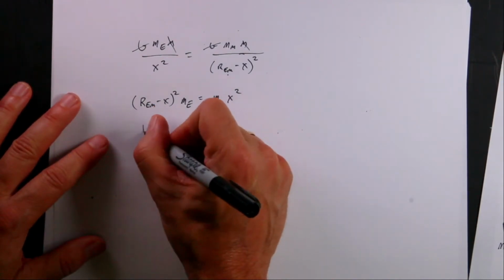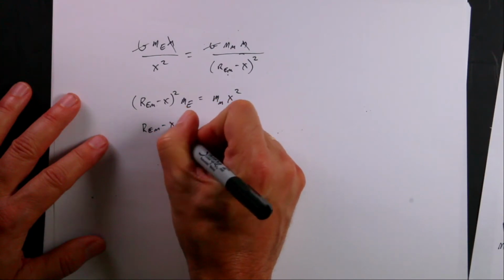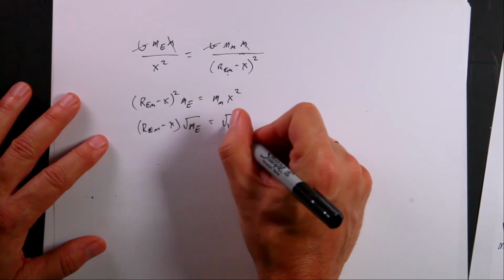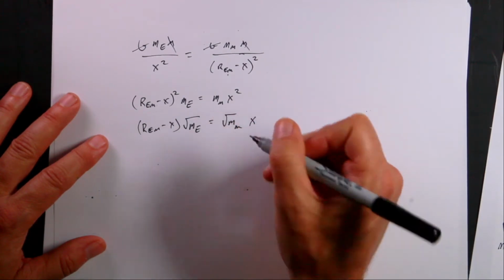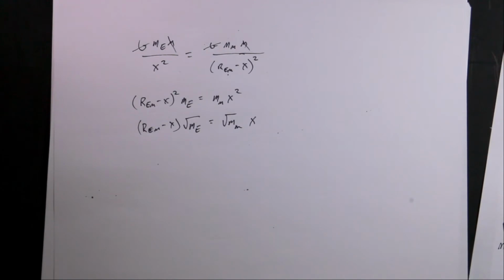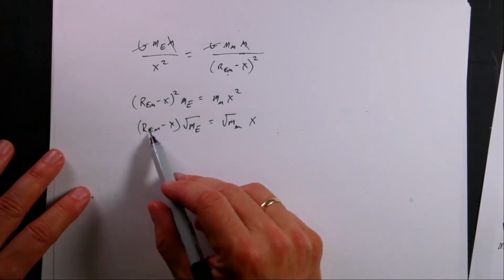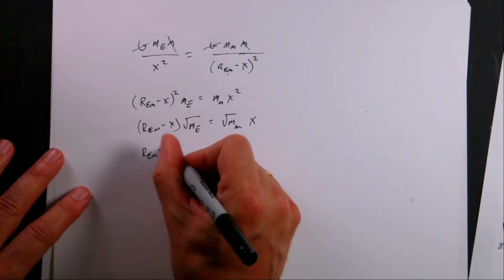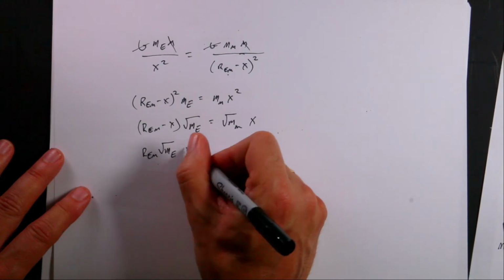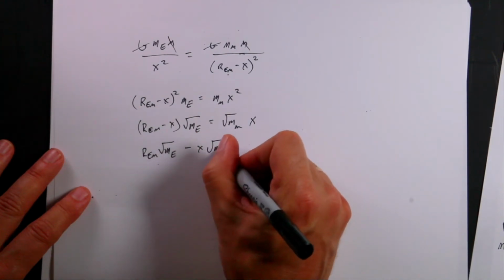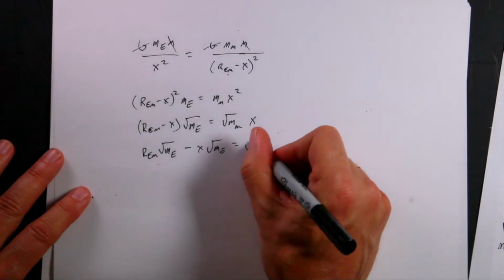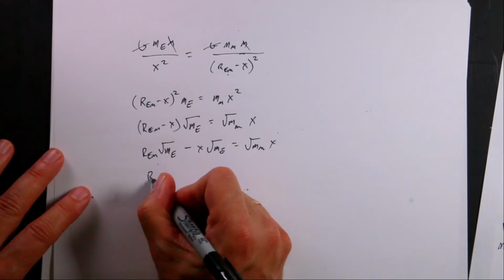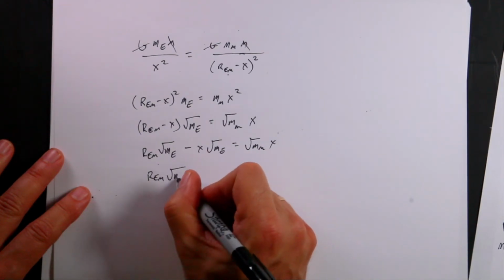If I do that, I get (R_EM minus x) times the square root of M_E equals the square root of M_moon times x. And yeah, there is a plus or minus in there that's going to matter, but let's not worry about that right now. Now I can multiply this out. I get R_EM times the square root of M_E minus x times the square root of M_E equals the square root of M_moon times x. Now I can add this to both sides, and I get R_EM, the square root of M_E